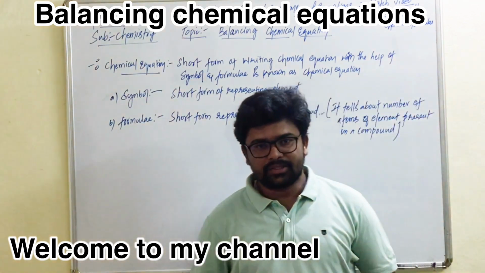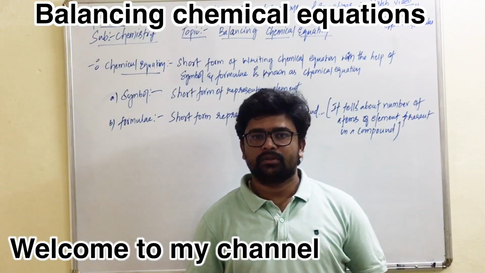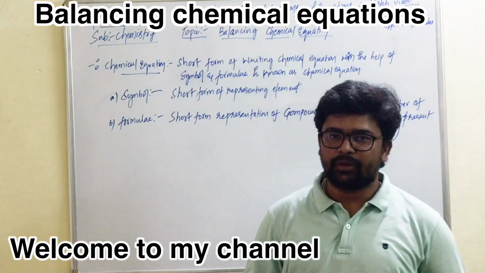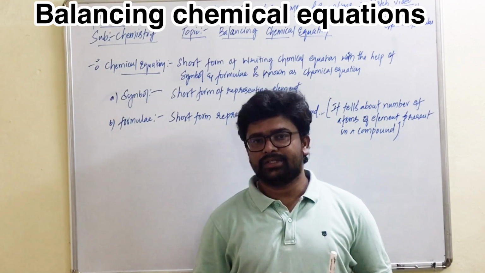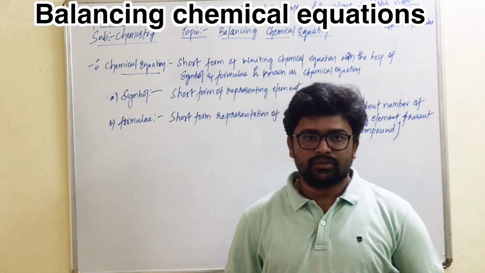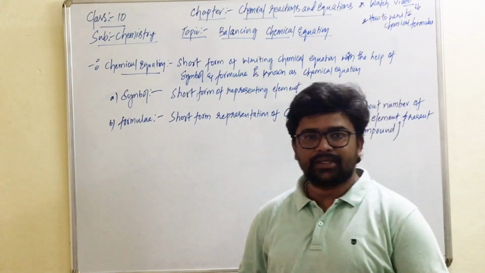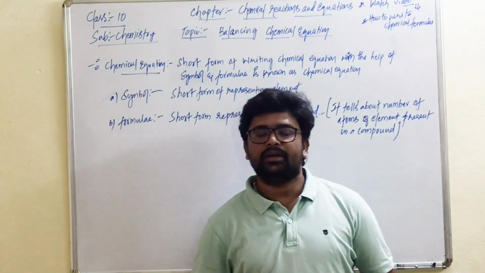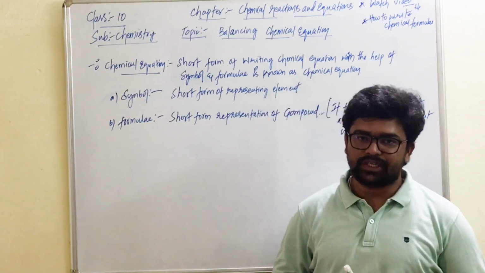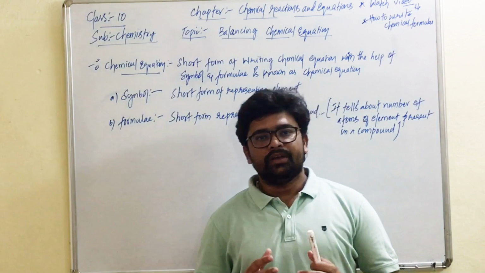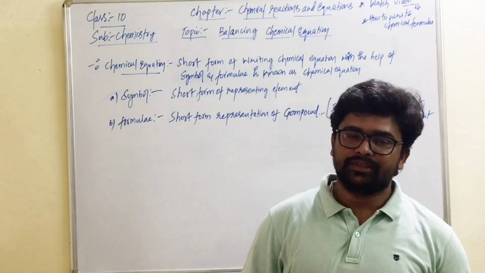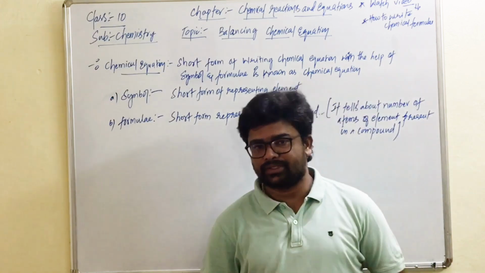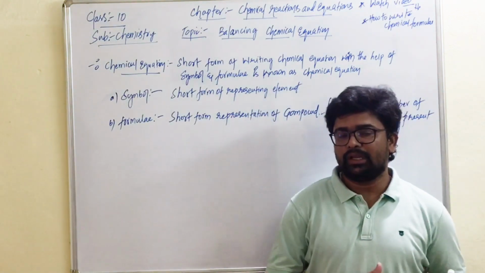In the last session, we studied the characteristics of chemical reactions and how we identify that a chemical reaction has occurred. How do we identify it? If there is a change of state or color, a release of gas, formation of a precipitate, etc., we can find out that a chemical reaction has occurred. So that was the last session we discussed.